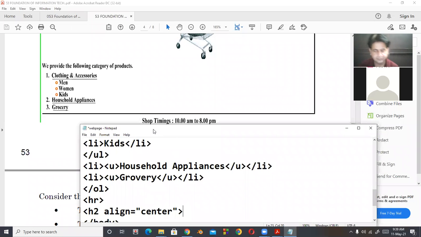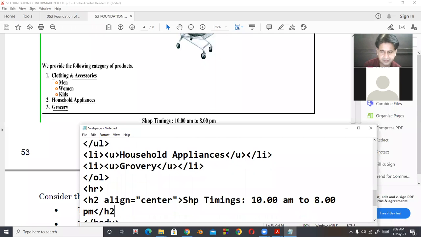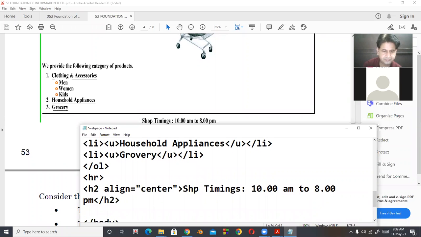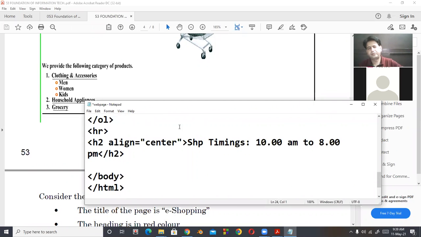The contents are shop timing (10 AM to 8 PM), then H2 tag closed, and here is body tag I have already closed there, and HTML tag closed here.